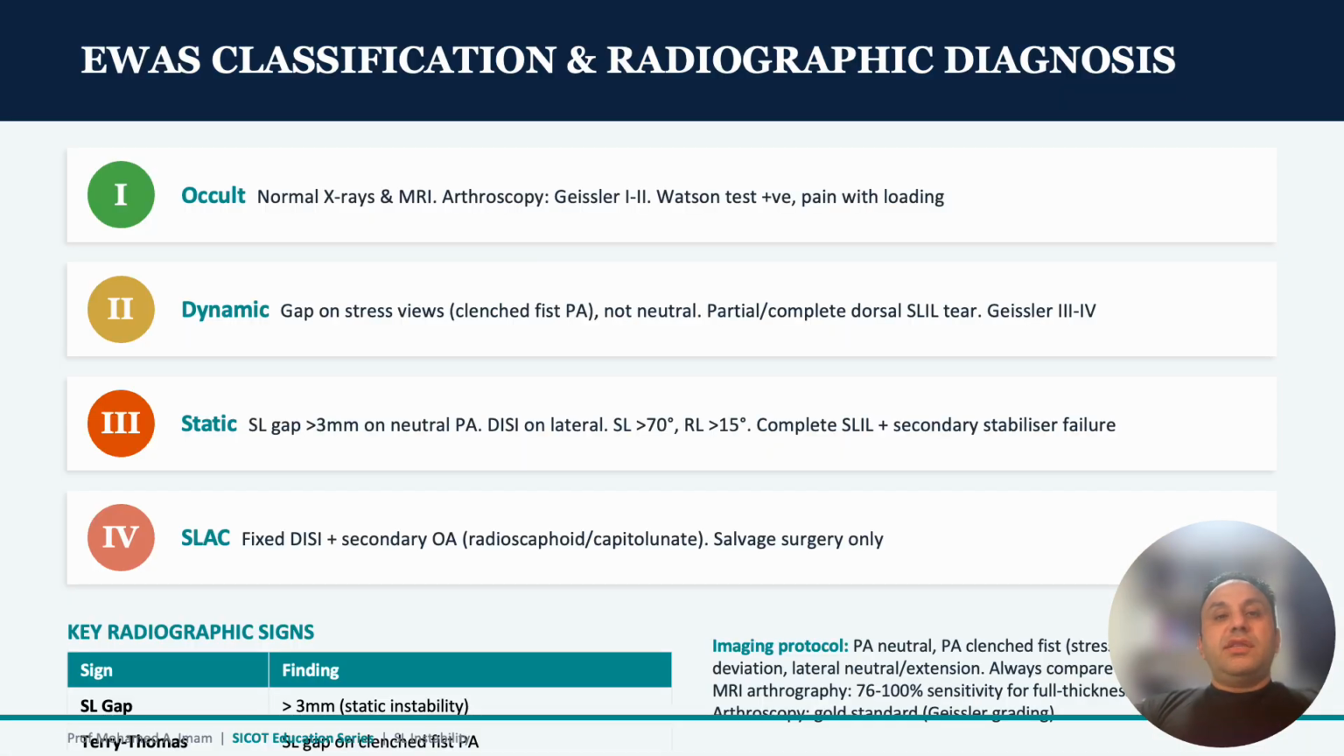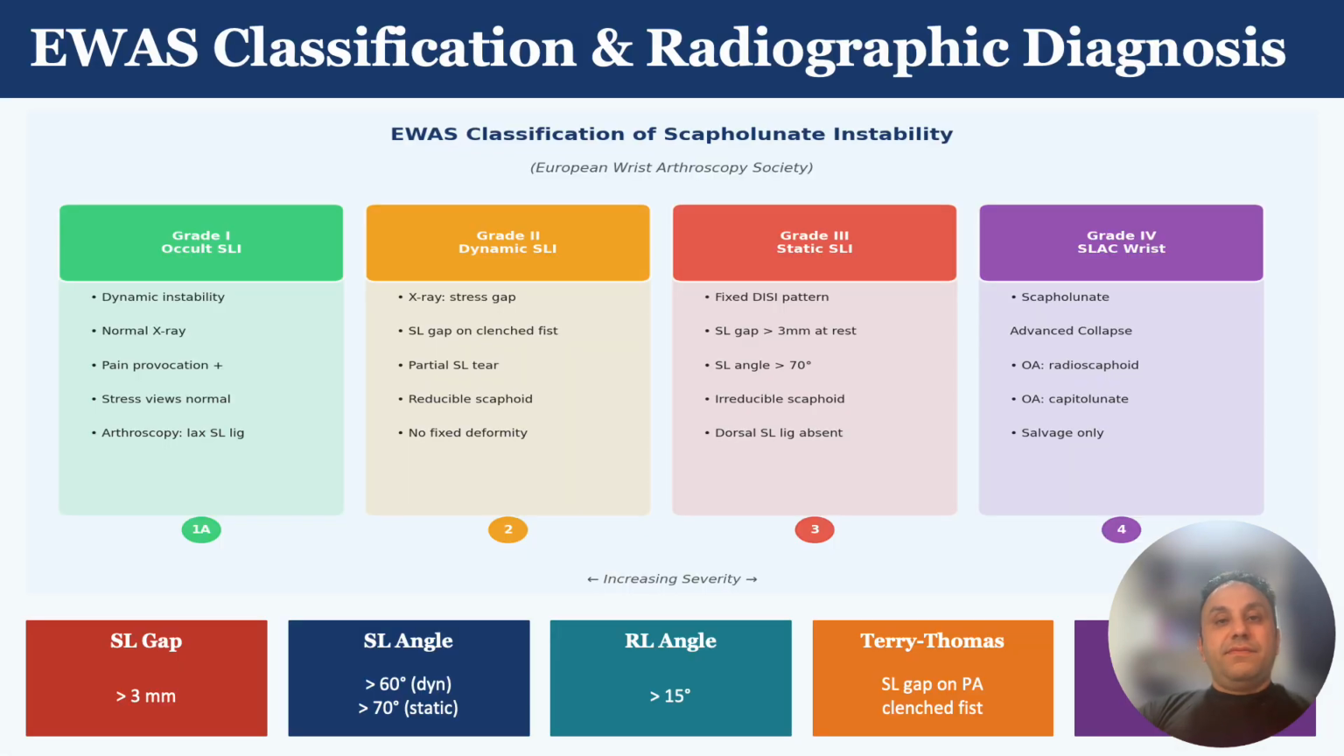Another classification, a radiographic assessment, also has 4 grades: grade 1 is almost normal, grade 2 is dynamic, grade 3 is static instability, and grade 4 is a SLAC wrist. And seeing these can dictate the treatment. An MR arthrogram with gadolinium or saline injected into the radiocarpal joint has a high sensitivity of 76 to 100%